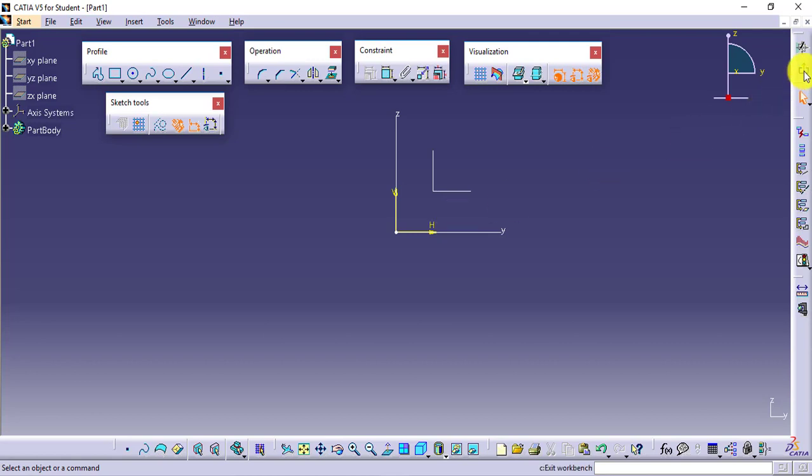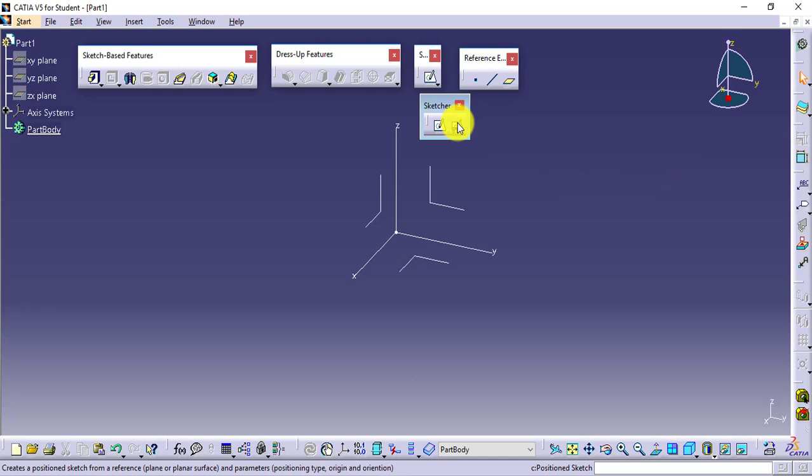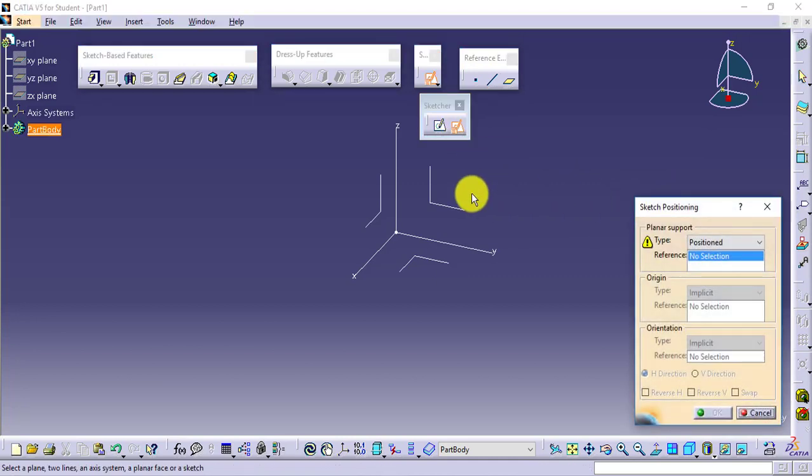But when I go for positioned sketch, I will select positioned sketch. So you can see I have this sketch positioning dialog box available. In this dialog box, I can have selection of a planar support, an origin, as well as I can maintain the orientation.